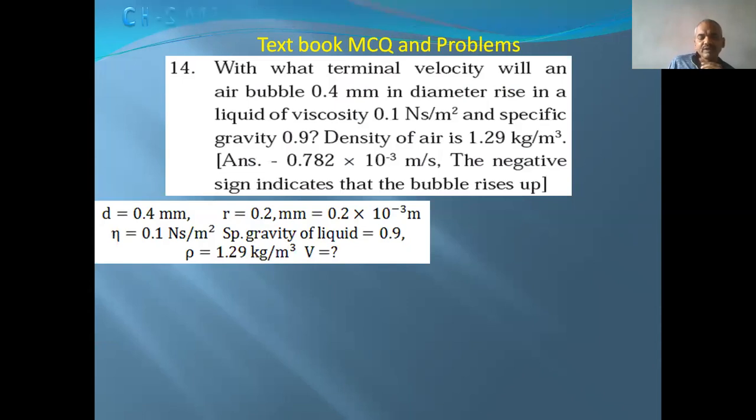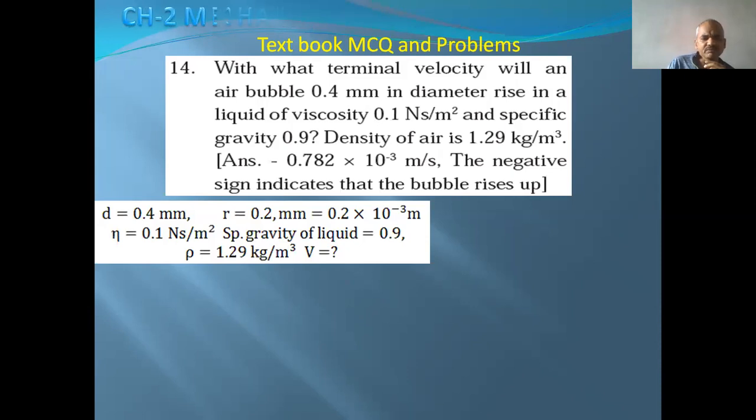The density of air is 1.29 kilogram per meter cube, it is rho, and we have to find out the terminal velocity, or the velocity with which the air bubble can move through this liquid. Okay. Now to find out this terminal velocity, we have to use the expression for terminal velocity in which both